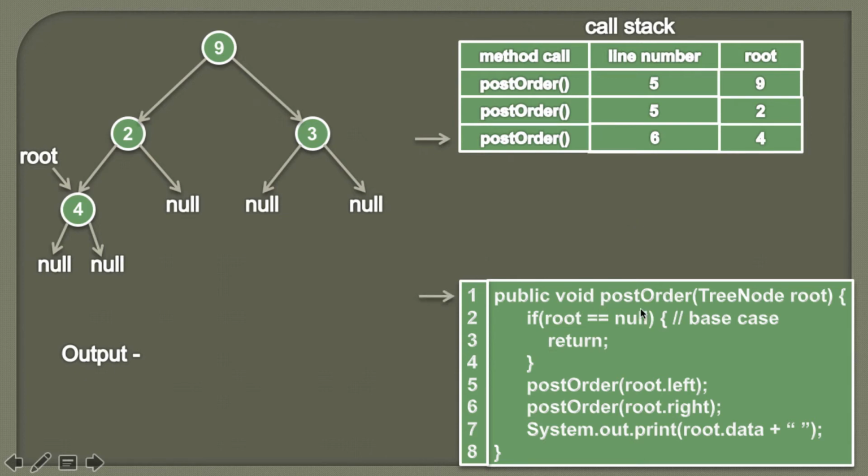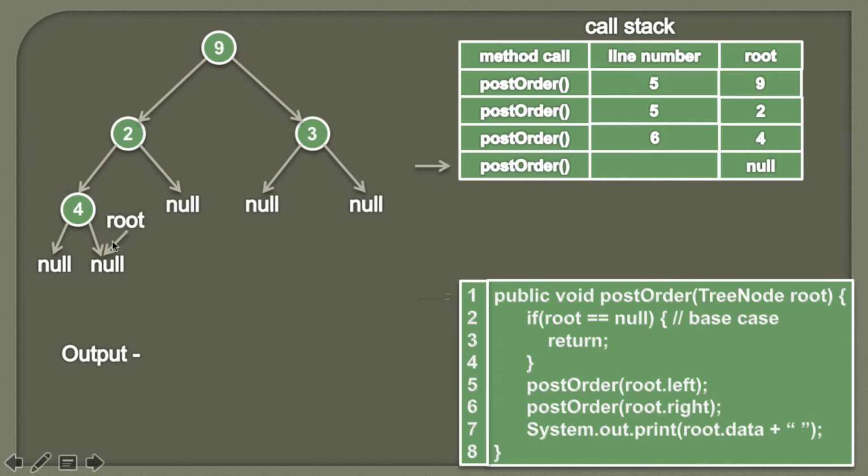So friends, point of execution reaches to this post order method and this time the root will be null. And we also know that once this method starts its execution, there will be one more method on the call stack with the root as null. So it would look something like this. So we know that root is null. So therefore now root will point to the null.